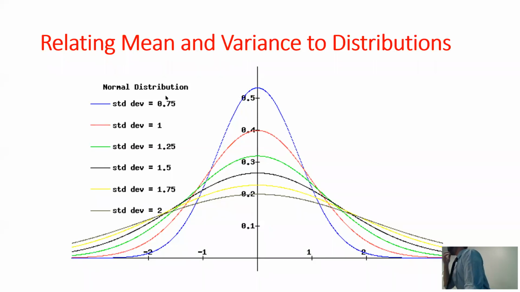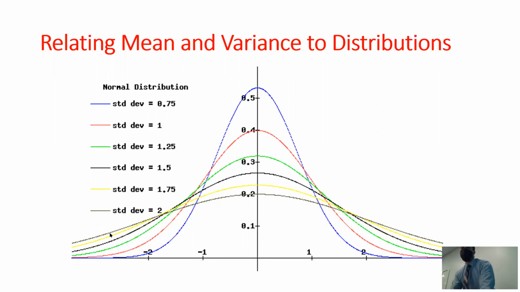As I get a higher and higher variance or a higher and higher standard deviation, what's going to happen is, well, that means I have more variation in my data. So not only will I see values that are centered around the mean, I'll also now see values that are pretty far from the mean, right? So as my standard deviation goes up, we look at the highest one, my distribution is kind of flattened because the values around the mean are now less likely, right? Their relative frequency is lower, and the values very far from the mean, this gray line, the values further from the mean have now become more likely if I have a data set with a higher variance.